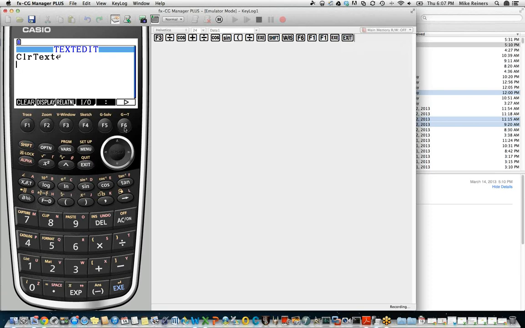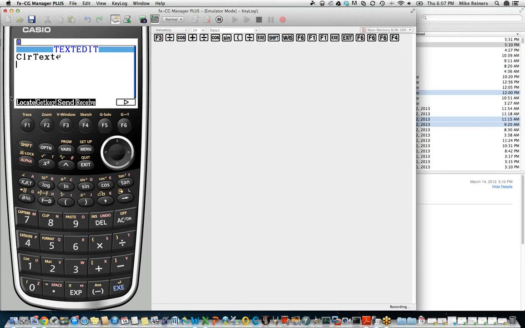I'll press exit here and F6 a couple of times to go back to the very first programming menu screen. One way of displaying text is with this output tool here, and that outputs text and then pauses and forces the user to press the execute key to continue operation of the program. And the other way that we've placed text on the screen is using the locate command on the second page of programming commands, and in the input-output menu, F4, we have the locate command, and that's the command that we used to place text in a very specific location on the screen.